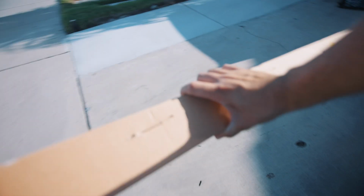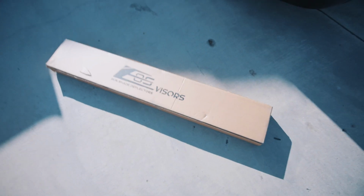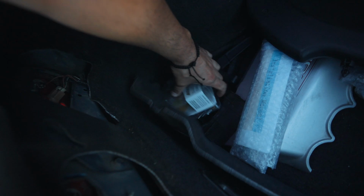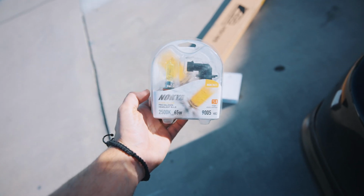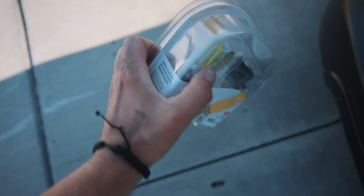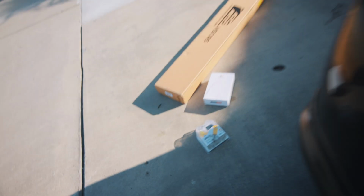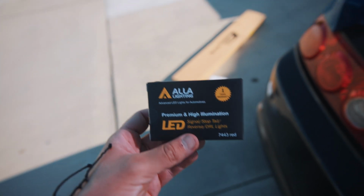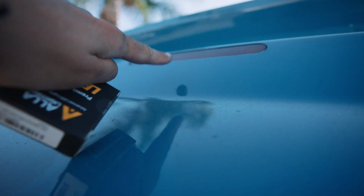We have these little window visors that we found off of Amazon, and I also have, okay, so here are the front LEDs for the headlights. These are the ones I've been wanting to put on. These are the Nokya yellow high beams. So these make your whole reflector housing yellow because of the tint of the bulb. So we'll do those. I also have these. So these are pretty much LEDs for this brake light right here. And again, I found all of this on Amazon, so I'll go ahead and link it in the video description